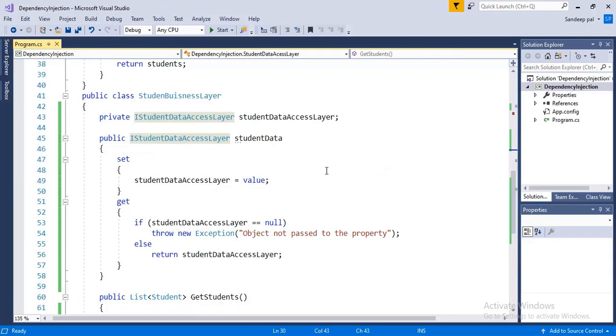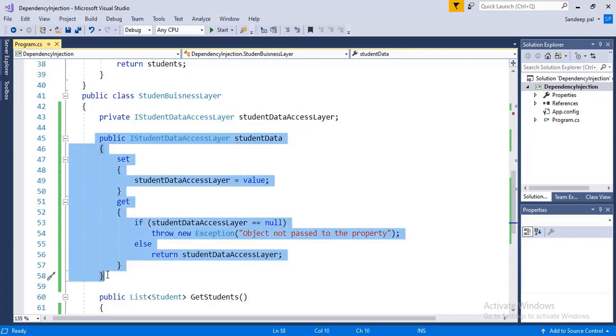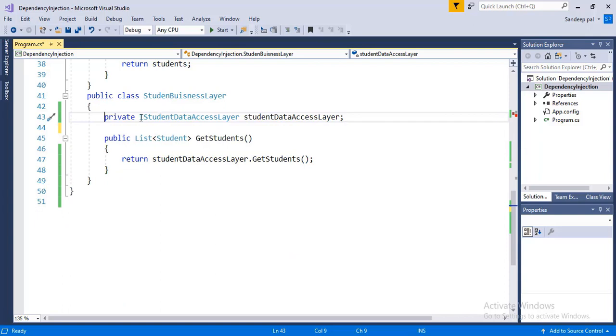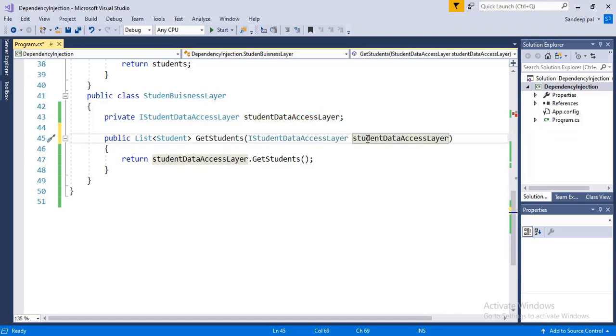Similarly, let's implement method injection. We don't need this property and private variable anymore. Let's get rid of them from here. Make the getStudent method parameterized, and its parameter is of type iStudent data access layer interface.